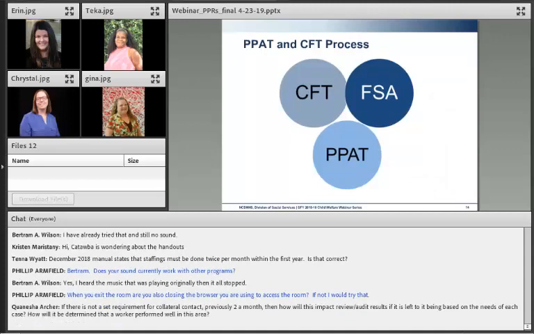As a result of the Child and Family Services Review, we know that North Carolina did not perform well in regards to outcomes that really the CFT and PPAT meetings were designed to achieve. Formerly, the purpose of a CFT was to develop the Family Services Agreement. Then there was a requirement to hold periodic PPAT meetings, or agency review meetings, to review the progress of the case and decide upon court recommendations. Some counties have been conducting the 2 meetings simultaneously, but in the majority of cases, these meetings were being held separately,